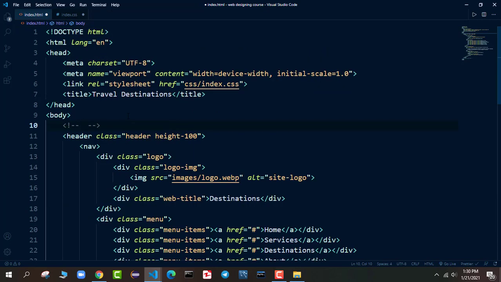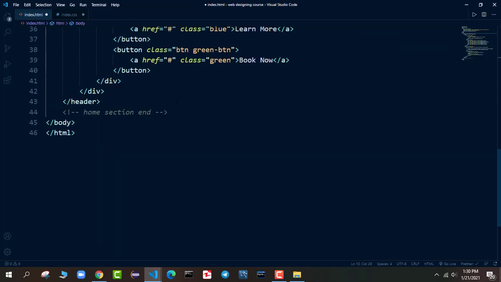You can just press Control and /, it will automatically add the comment. So here I will say home section start. Now we want to start the services section, so we say services section start, copy paste, services section end.